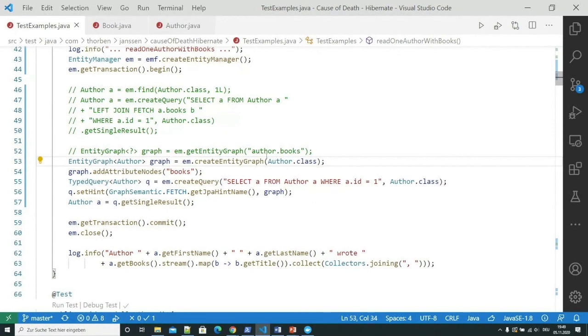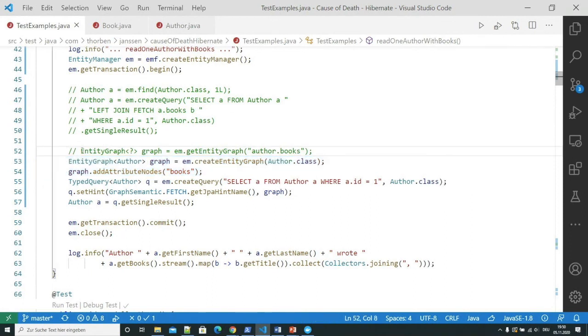So this approach here, using the entity graph API, would be a good thing if you are using the criteria API, for example, to dynamically build your query at runtime, for example, based on user input. We used that in several projects when we had a complex search dialog in the front end where the user was able to search on different fields of our domain objects and then check a few boxes to request additional information. Then we used this approach here to dynamically build the whole query and the fetching behavior.